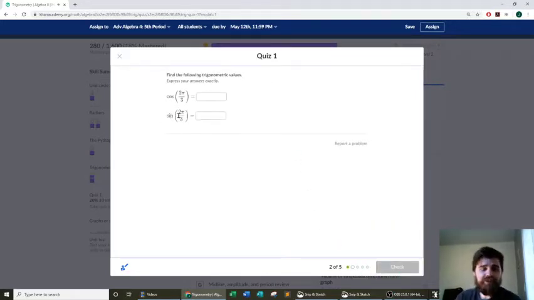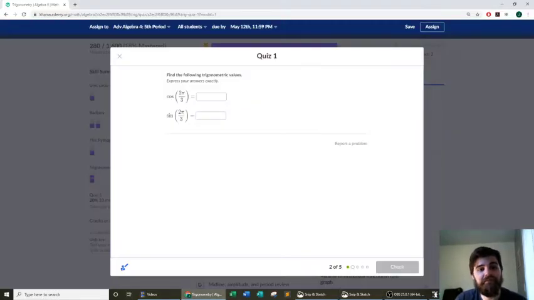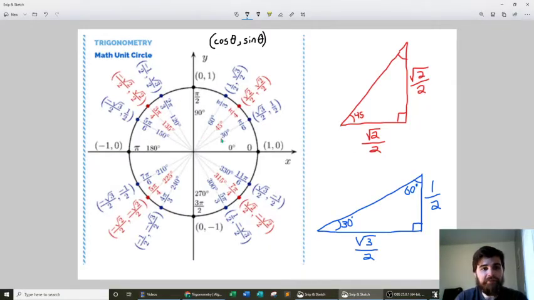All right, here's another type of question you might see. This one's asking us to find the exact trigonometric values for cosine of 2/3 pi and sine of 2/3 pi. Now, for this quiz, you probably want to have a unit circle ready to go. You can just Google unit circle and see something like this, and you might actually have your answer kind of presented to you. So if we look on our unit circle and look for that angle 2 pi over 3,